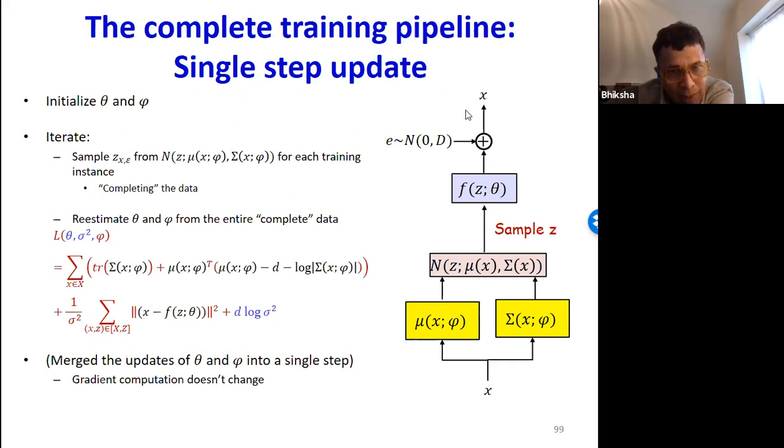And now within each step, I can just compute derivatives for this combined loss function with respect to theta, phi, and this covariance matrix to estimate my parameters.